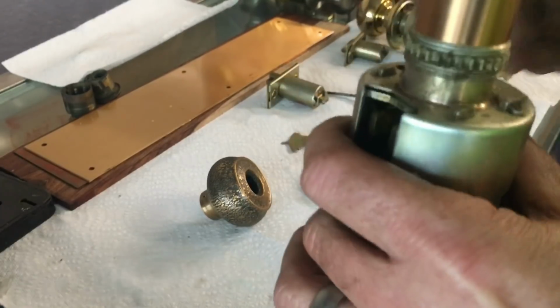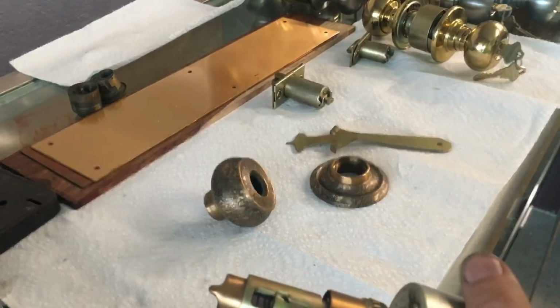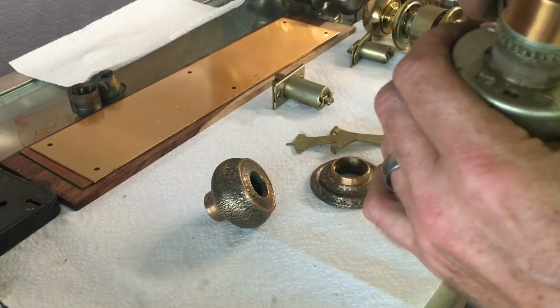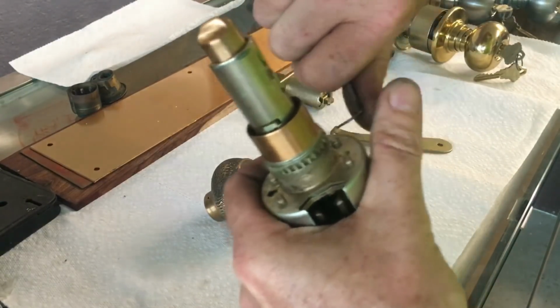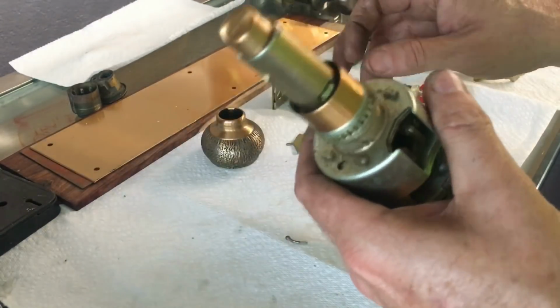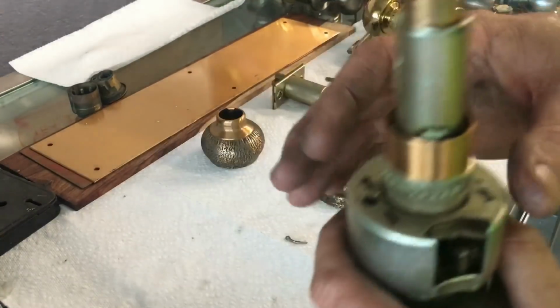See if I can get this going here. I have done multiple videos showing taking the Schlage A series apart, time trials, and all that. And I know a lot of locksmith clubs and organizations, that was the big thing in the day, was time trials taking apart A-series locks. D-series are slightly different. It only has the one cotter pin,